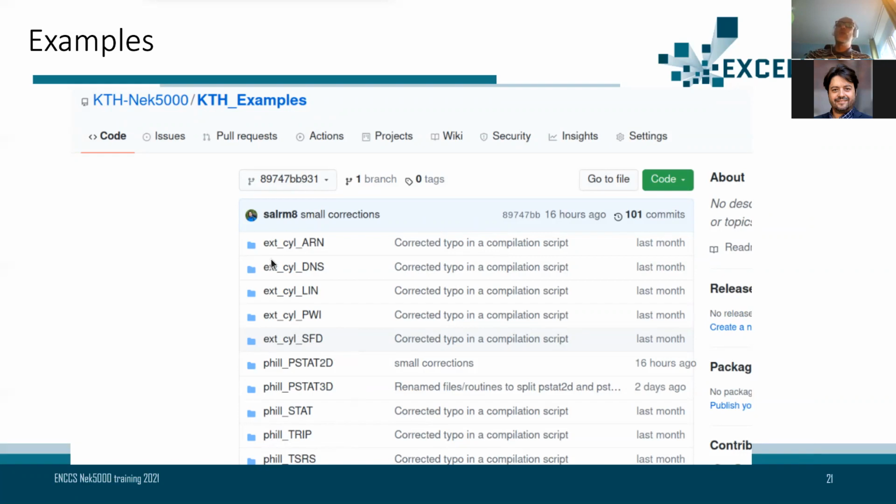I would like to show you 2 examples. One will be this external cylinder DNS. It's similar to what we were doing, but this time using the toolbox, like a checkpoint restart. Then, if we have time, we can look a little bit deeper into the